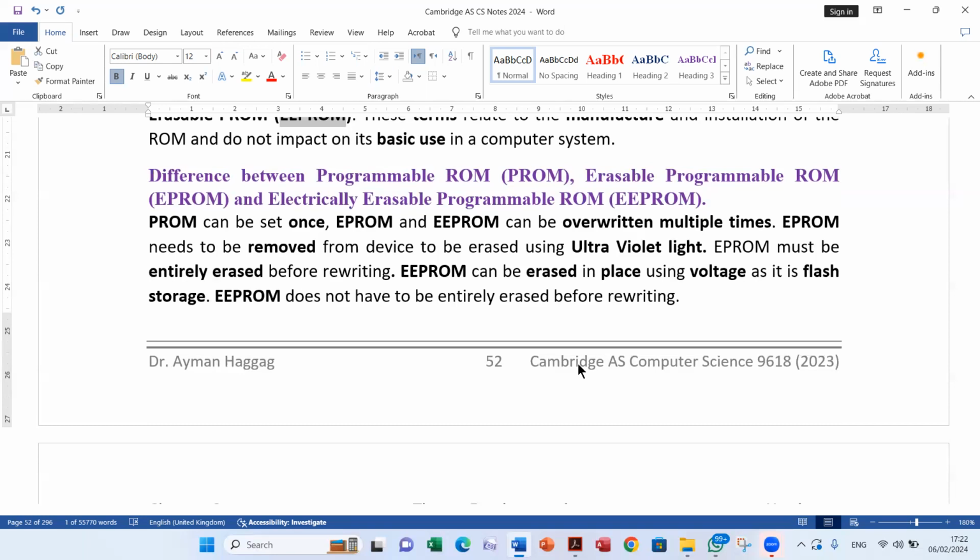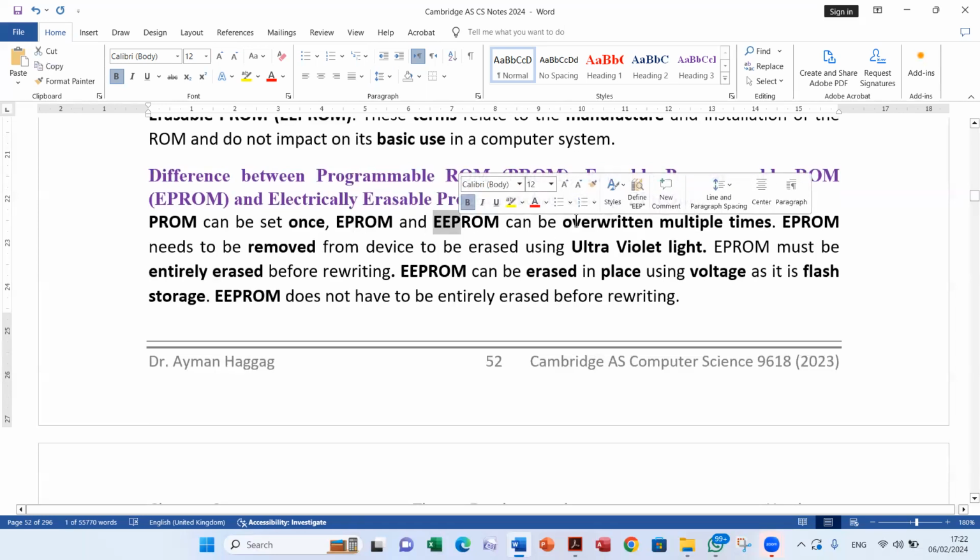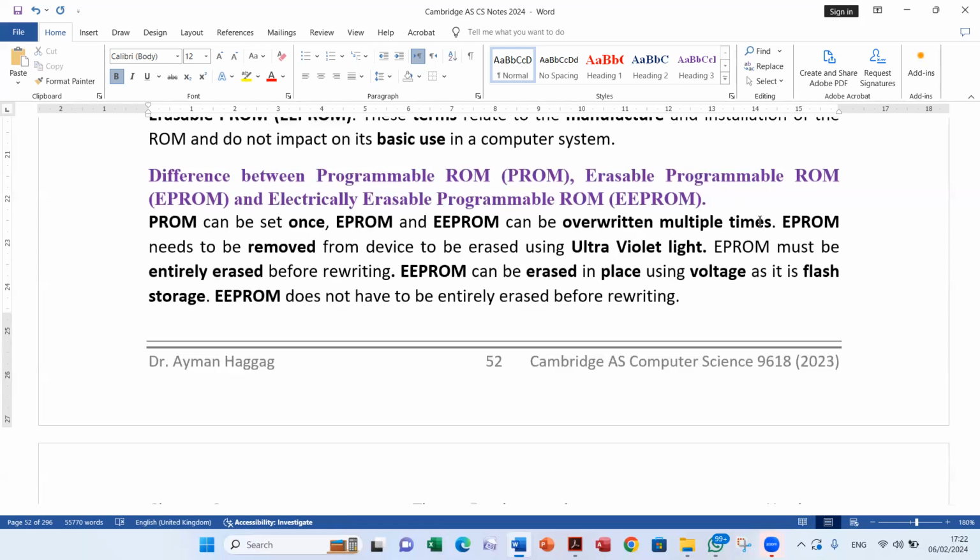Erasable programmable ROM or electrically erasable programmable ROM can be overwritten multiple times. So PROM can be used to record data only once, and that recorded data may never be